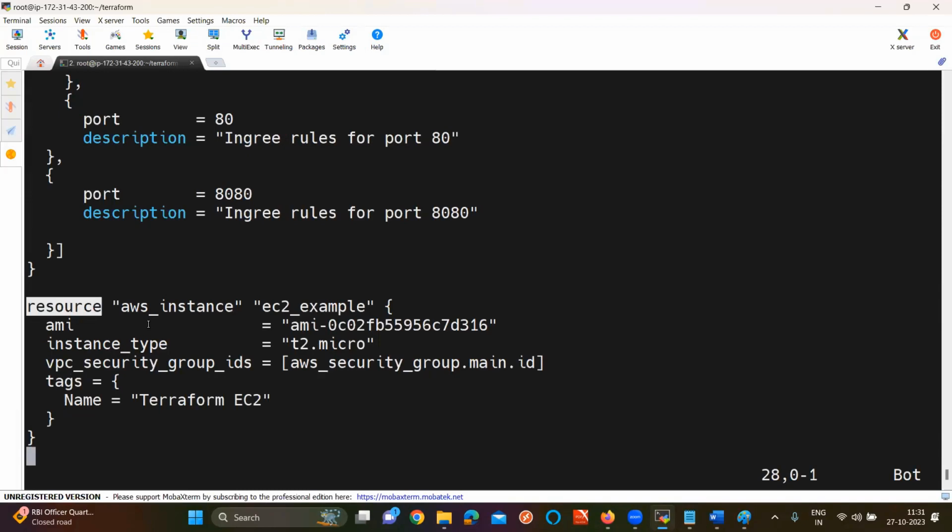Can you please confirm me once? What about the remaining? Are these two blocks clear or not?